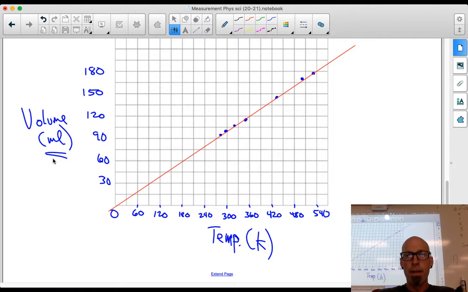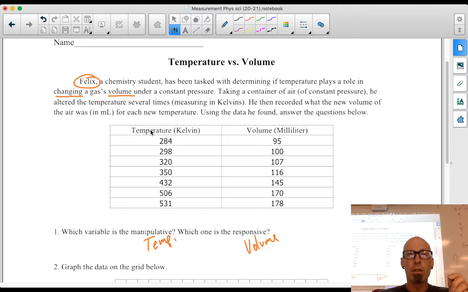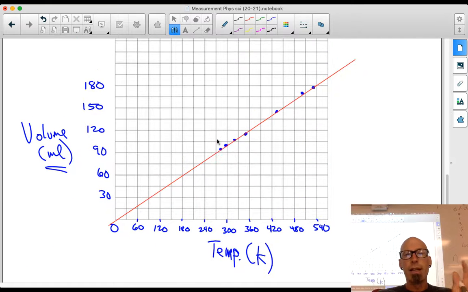That's a problem. Some of you have at least the variable names in place, like volume and temperature, but then you don't have the unit of measure on each axis. In parentheses, unit of measure. Just like it shows in the data table, notice the name of the variable, unit of measure. Name of the variable, unit of measure. Okay, now,